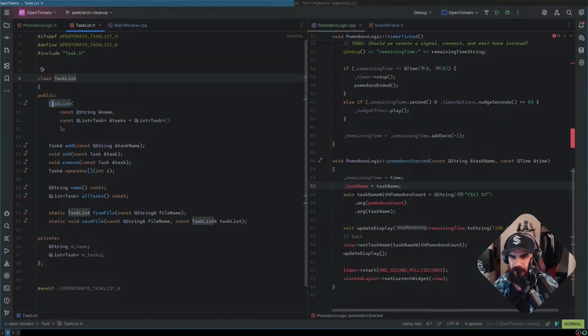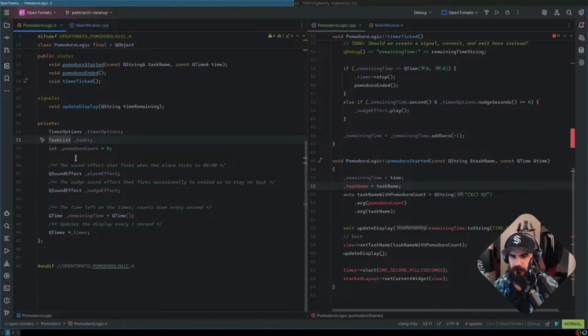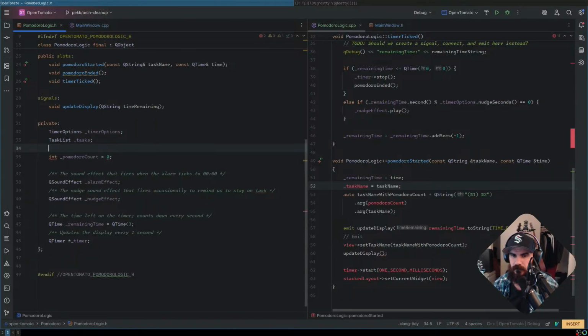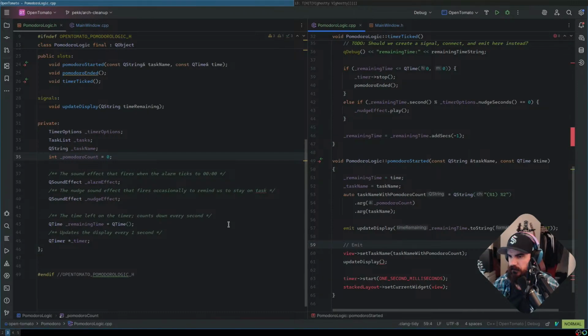No. For now, we have Pomodoro count, we have remaining time, we have view, that's an emit.